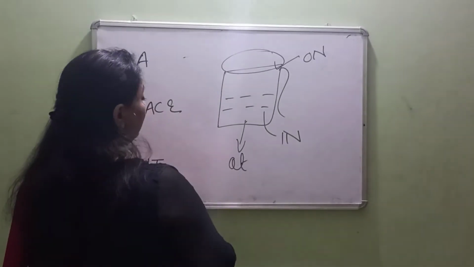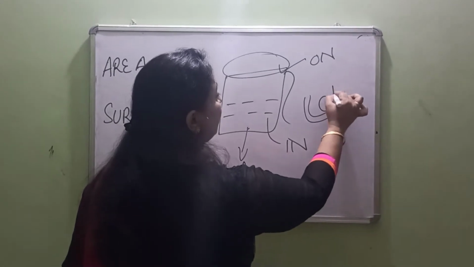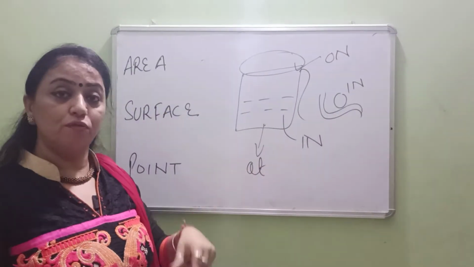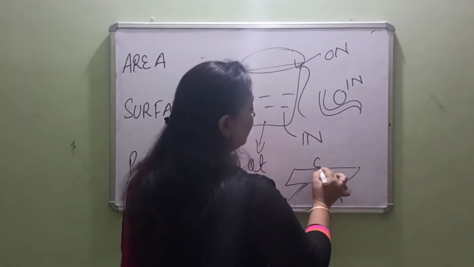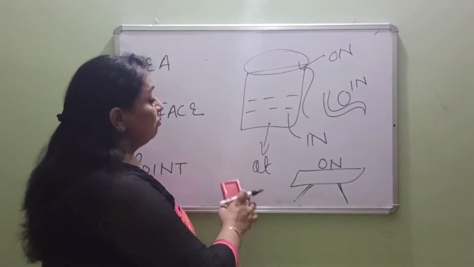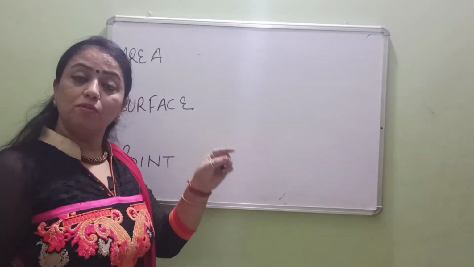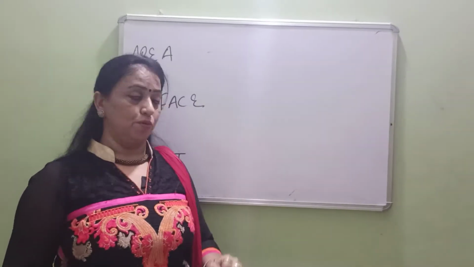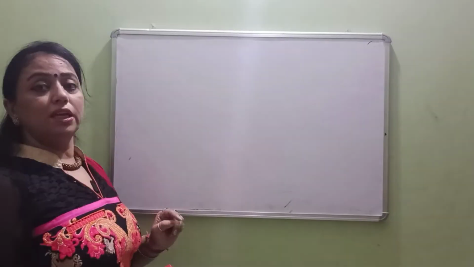Now one more thing. Just like if I talk about this chair, if I am going to sit in the chair, I am sitting in the area of the chair. If I say this is a table, so I sat on the table, I sat on the surface of the table. I am going to meet you at the railway station. So what am I talking about? I am talking about the exact point where I am going to meet you. Now this was from the mathematical point of view when we are writing in, on, at.